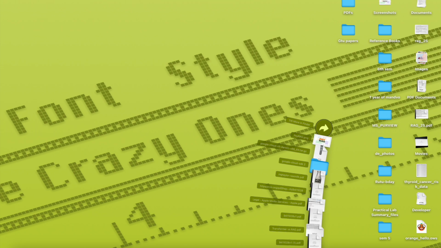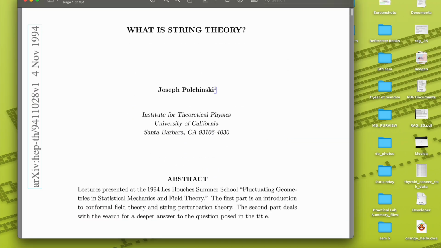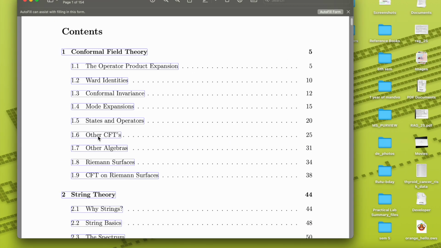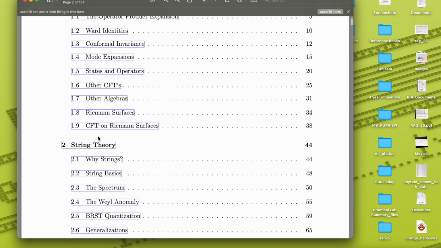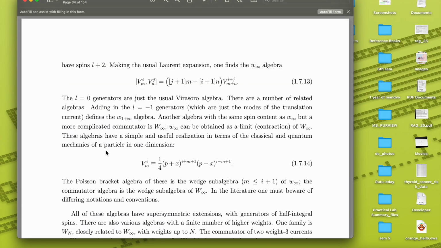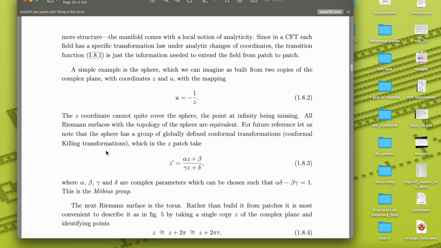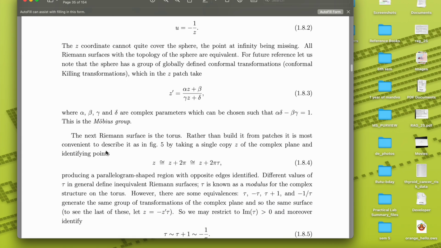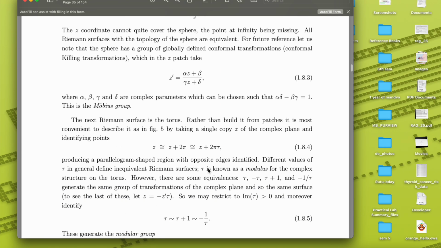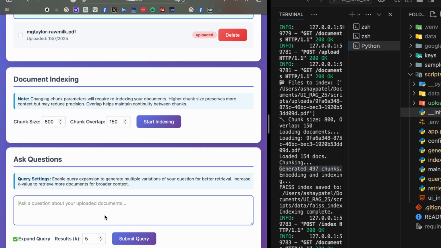Now let's see what that document really suggests. Let's go on any page. Let's say this, Riemann surfaces. We don't know what that is. Let's say something is known as modulus for complex structure on the torus. I don't know. Let's create a question out of it. Ask what is known as a modulus for the complex structure on the torus,